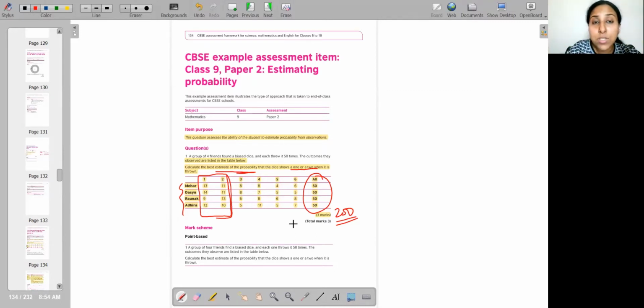So there is a proposal that let us use a calculator for this, because the main idea is you should understand the context. They're not trying to test your calculation skills in this particular question. They're trying to check over here in this question your understanding of the concept of probability. So this could come in a calculator-based paper.